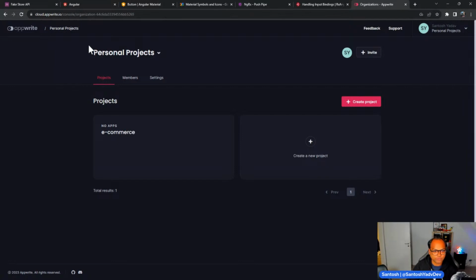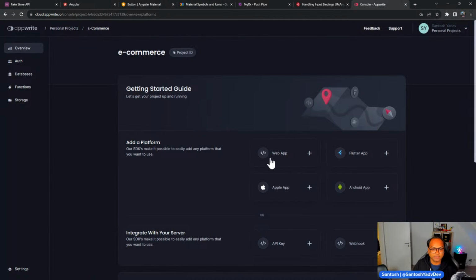Now, once you go to AppWrite, you will have an option where you can create your account. You can log in using GitHub. So that's what I have done. So this is my dashboard. I just logged in to AppWrite. I just created my account. I have done nothing. I just created an app, and then after I choose this app,